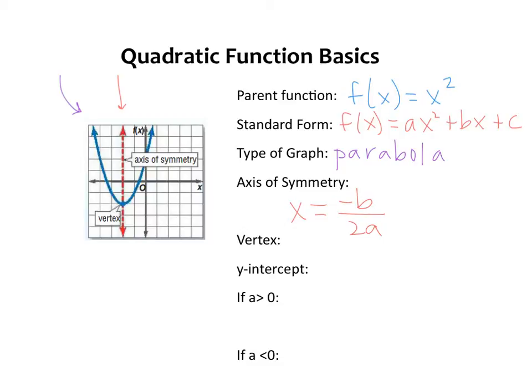Now the vertex is either the highest or lowest point on a parabola, and here this parabola opens upward, so the vertex is right there. It's the bottommost point of the parabola. And how we find the vertex is that it is an ordered pair. It's an actual point, so it's an ordered pair. So how I would find that